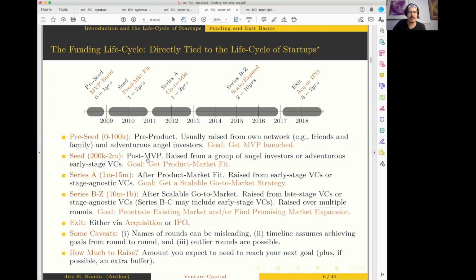One of the things you want to do as due diligence for VCs is ascertain whether they actually have a track record of making investments into companies that are at the same stage of the life cycle as you. If they have never made such an investment, it's pretty unlikely that they'll make an investment in you, right? So that's something you always want to do.